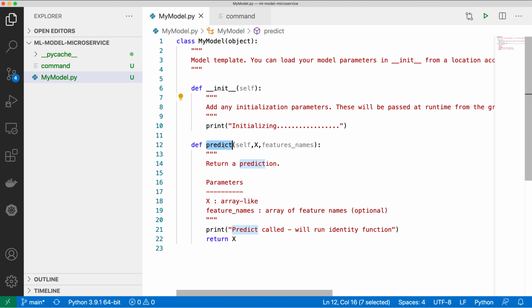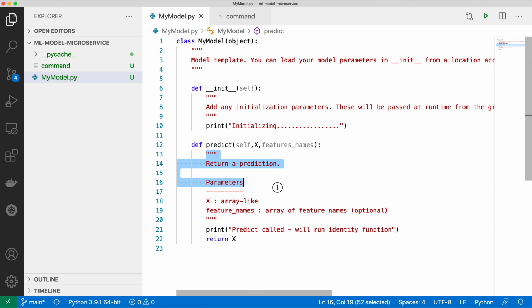And then there is your actual prediction service. The actual prediction service comes in the predict function, which will be exposed as an endpoint by the Seldon package. You just need to create a predict function with these input parameters, and then this function will be exposed as an endpoint. Now what are these parameters? x is the features which you pass to your prediction service, and based on these features you will predict using your machine learning model. And feature_names is a labeling of the features which you are passing in this list x.